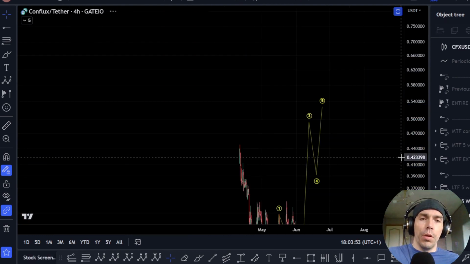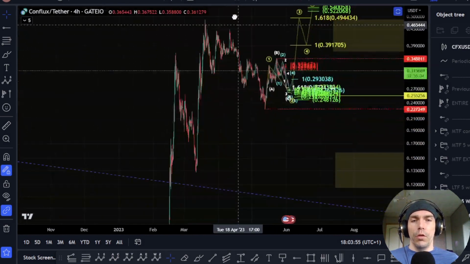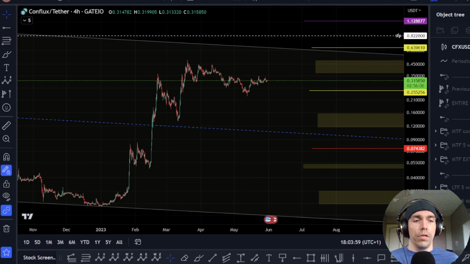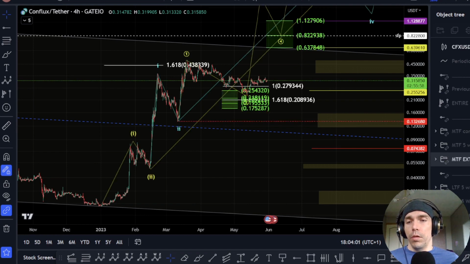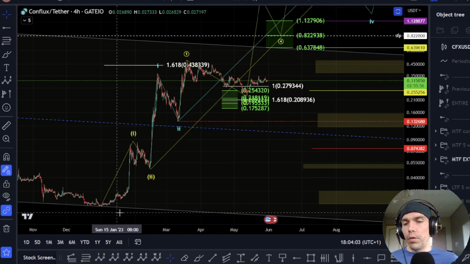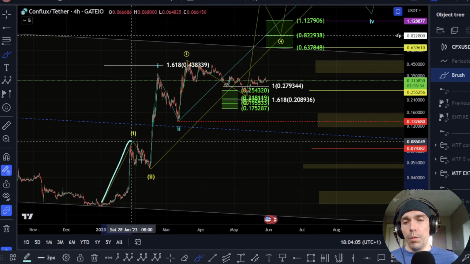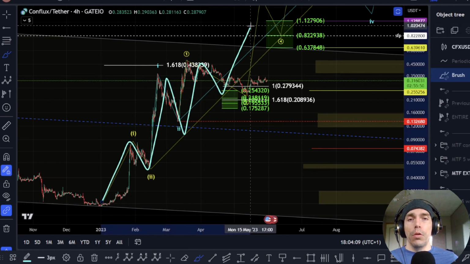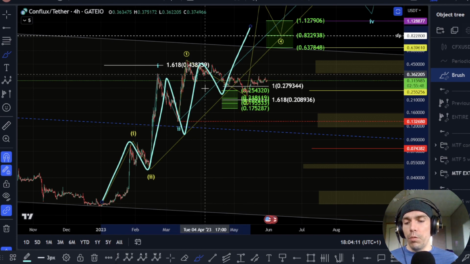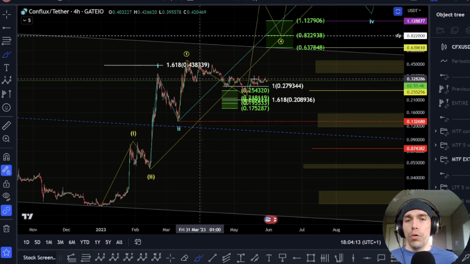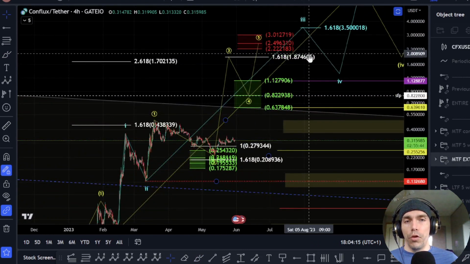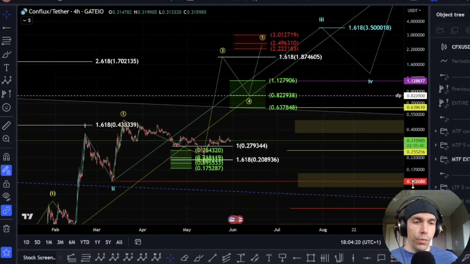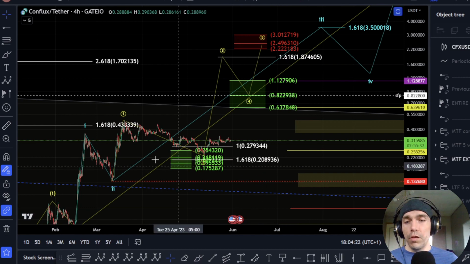Okay, so now the other way we were talking about this move was actually looking at this as a possible extension. Now this is technically possible, but there are a few things that I don't like about this count. Now, we were talking about this as 1 2 1 2 1 and looking for this as a wave 2 and then looking for that possibility of extension. So that would mean that we would be within a bigger third wave, effectively looking for a bigger push up towards this $1.87. Now, this is technically still possible for as long as we hold this 1326,